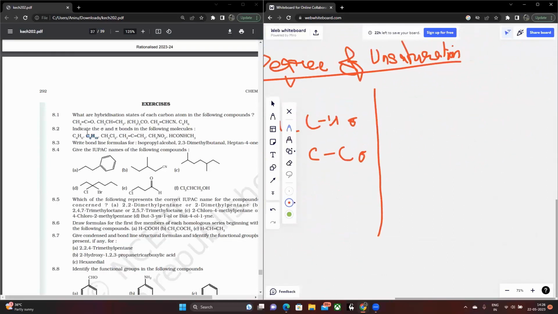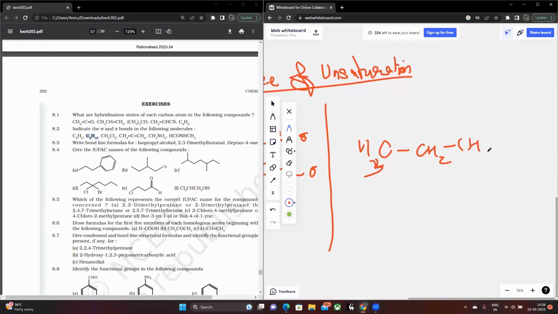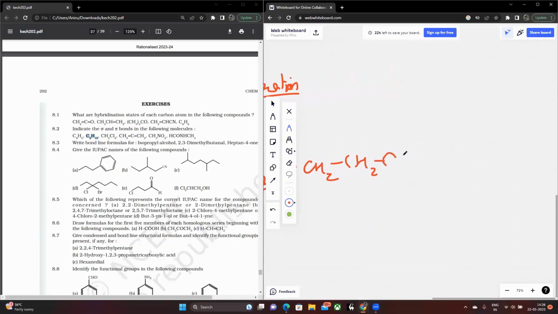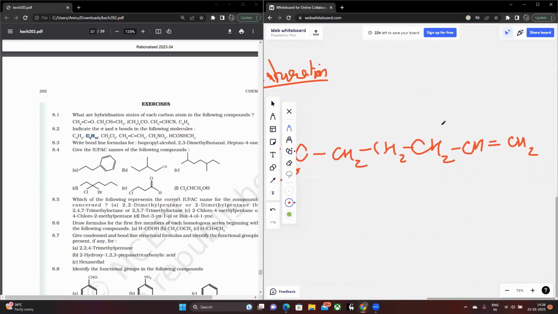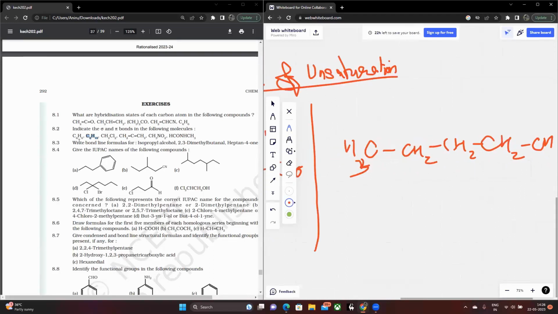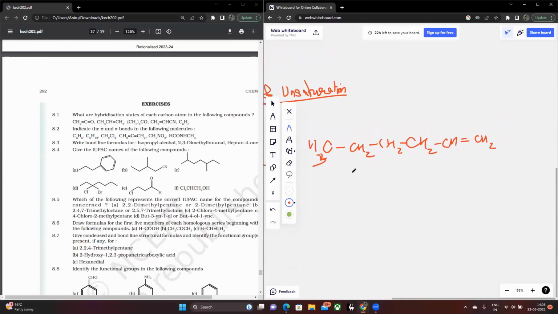The other way this compound can be written, the same C6H12, is in this form. I'm not actually expanding it. This is CH3, CH2, CH2. That makes 3 carbons. This is CH2. That's the 4th. This is the 5th, and this is the 6th. Right? You can count the number of hydrogens here. This 2, this 4, this 6, this 8. This makes 9, and 9 plus 3 is 12. You have C6H12, right? So you can see that this compound is also a valid representation for C6H12,